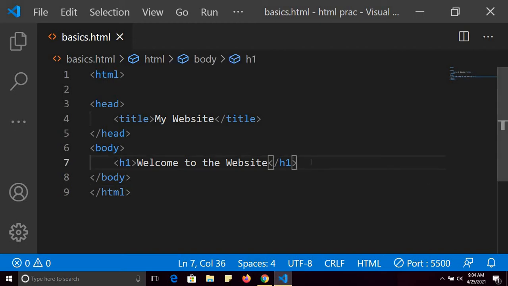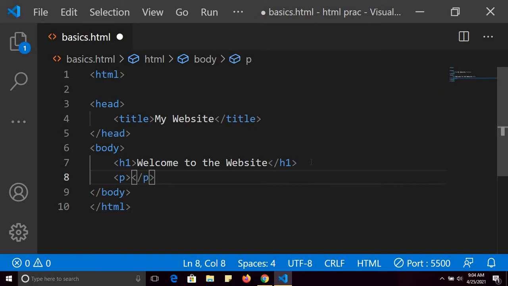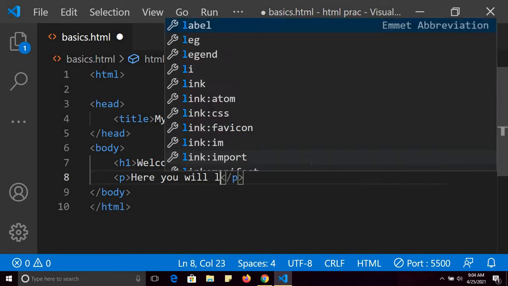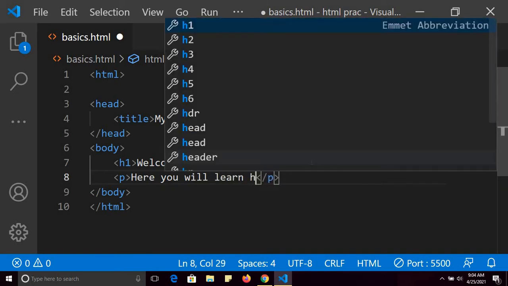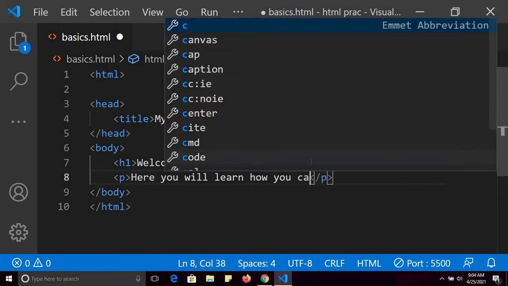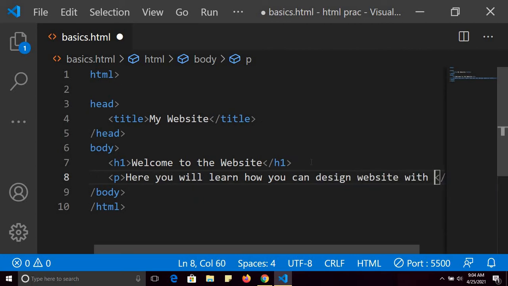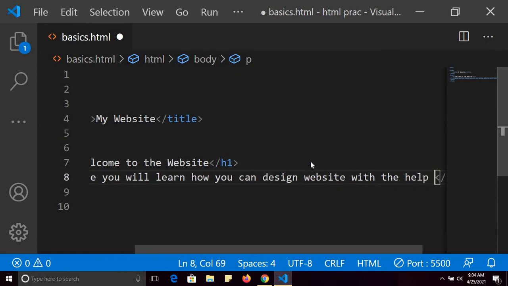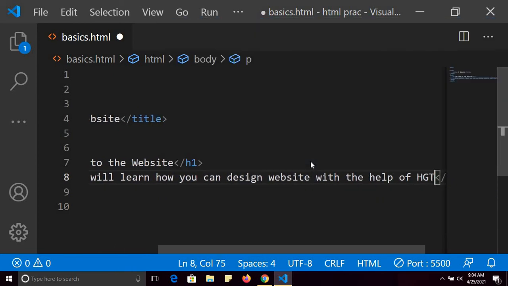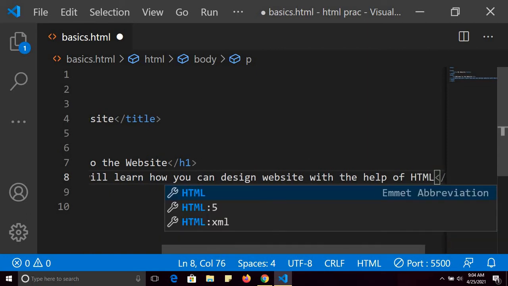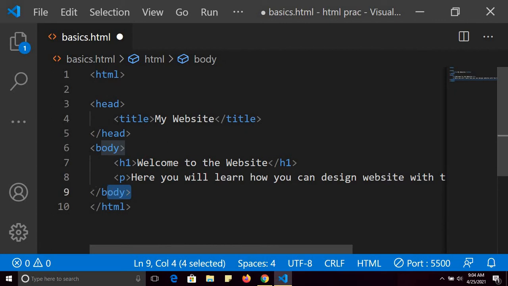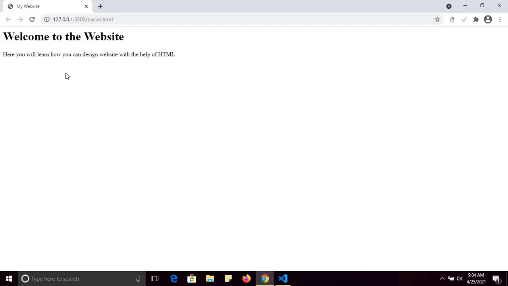Next, let me tell you about the paragraph tag. Here you will learn how you can design a website with the help of HTML. Now save it and see the output.